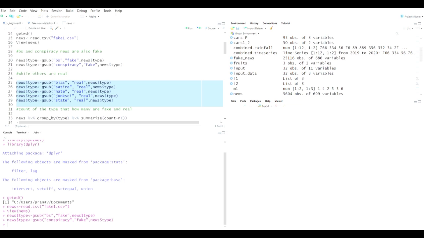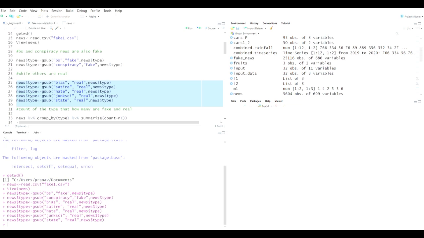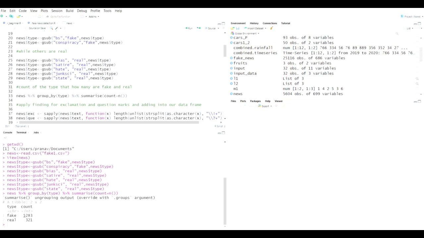After that we need to do the same here for the real, and then we have to count how many types of real and fake news there are. So there are 5283 fake type and 321 real type. So we needed to